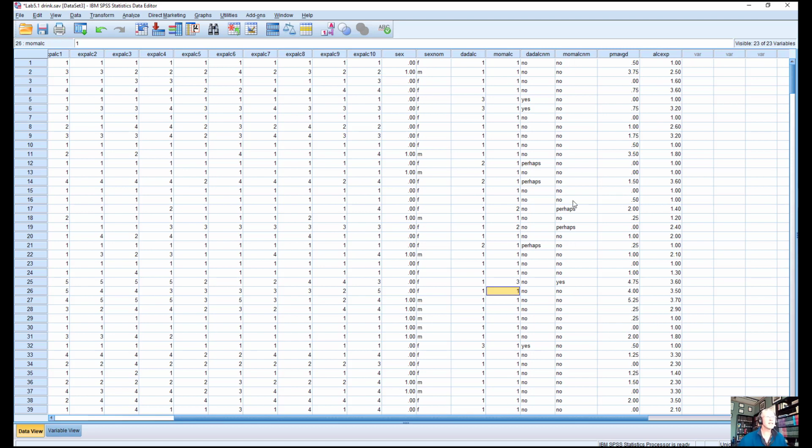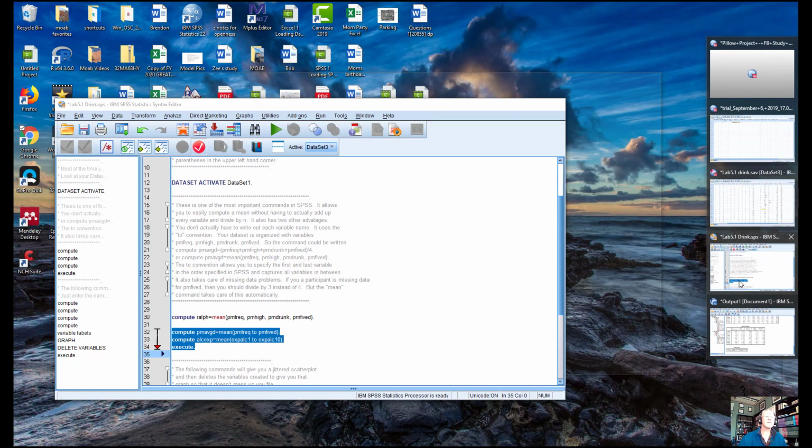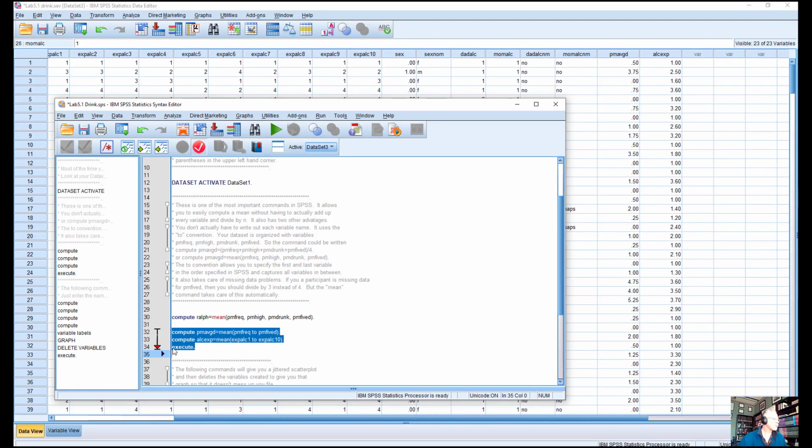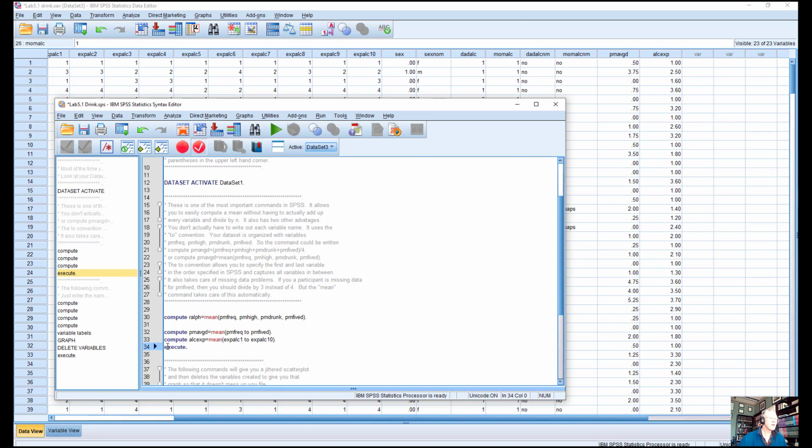By the way, they came into the data set because in those commands that I was running, I put in the word execute. So as soon as you run these first two, the word should show up, but then it will be a bunch of dots, not actually doing the computations until you run what's called an executable command.